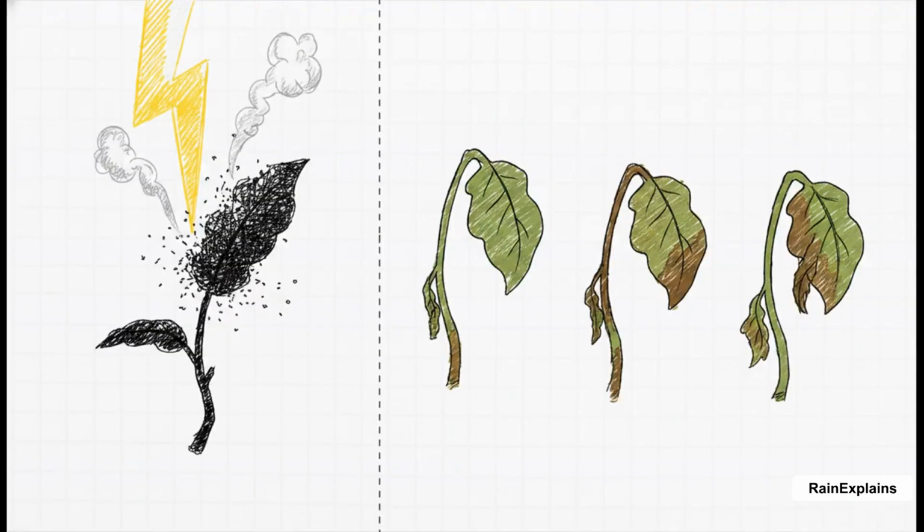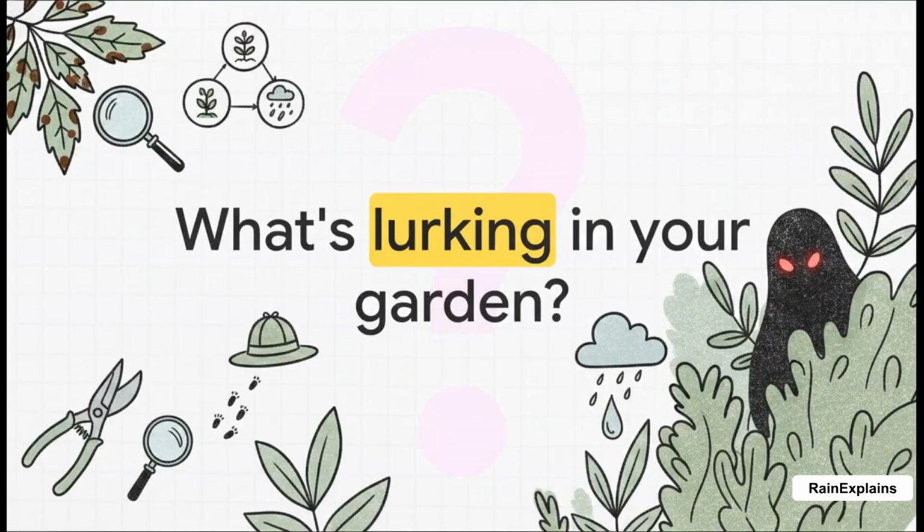Finally, we hit step 10, reviewing the timing. You have to ask yourself, was the damage sudden or progressive? Remember that abiotic damage happens almost all at once, kind of like a lightning strike or a sudden herbicide application. But a living causal pathogen, that takes time. It has to incubate, spread, and gradually colonize the plant over days or even weeks. So, if the damage is slowly marching across a leaf or creeping up a stem, you are absolutely dealing with a pathogen. So, armed with this entire forensic framework, you're absolutely ready to stop guessing, head out into the yard,